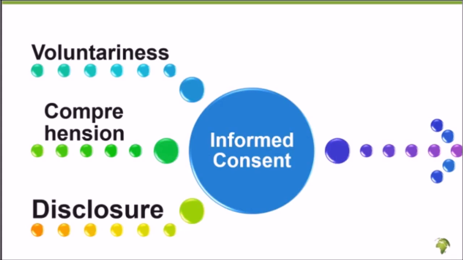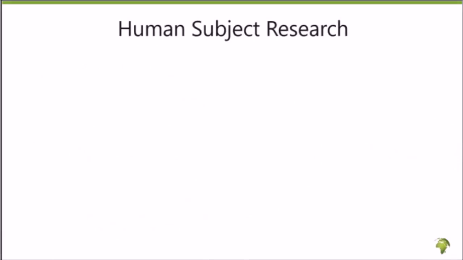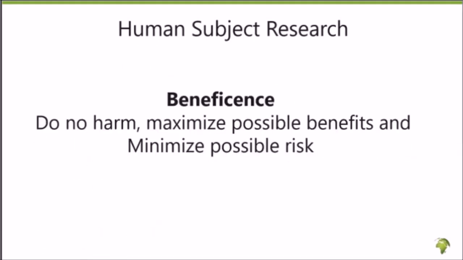And the second principle that governs human subject research is called beneficence. This is summarized in what we call do no harm, maximize possible benefit, and minimize possible risks. In other words, just as we prioritize maximizing the benefits in our project, we should also make sure that we are minimizing the possible risks that the project might be exposing respondents to. So that is it shortly about beneficence.